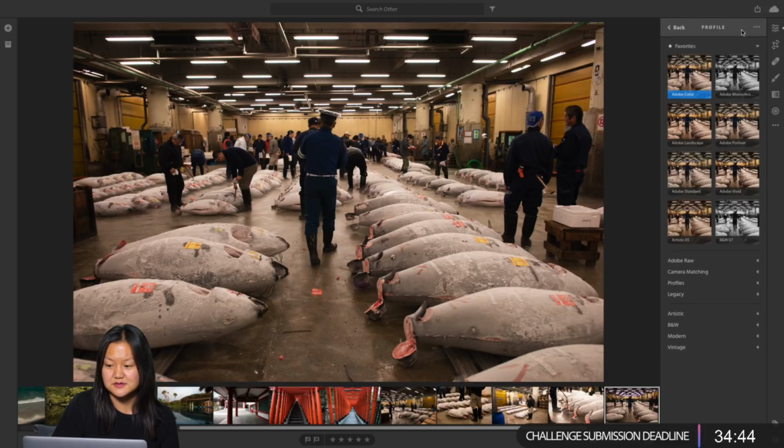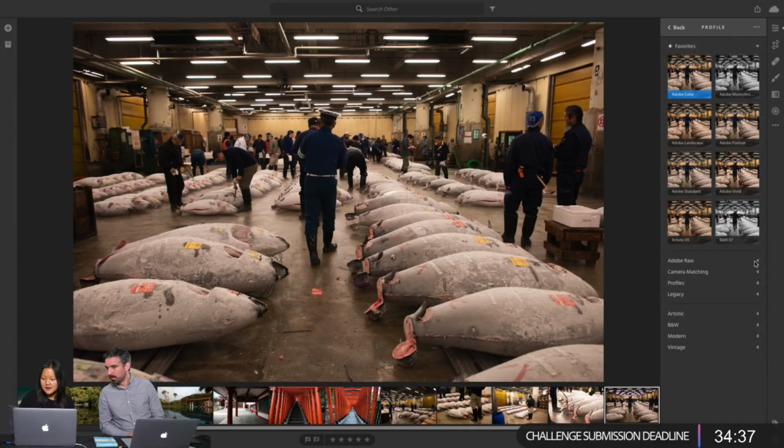I'm really a fan of these profiles that are built in. Yeah, it really is to just kind of get you started on the right foot. So when you apply the profiles, all of your sliders are still set at 0. So it's different from a preset in that when you apply a preset, all your sliders have been shifted around to reflect what's shown in the preset. But basically, when you select your Adobe profile, that's your new 0. So that's your new baseline, which is really wonderful.